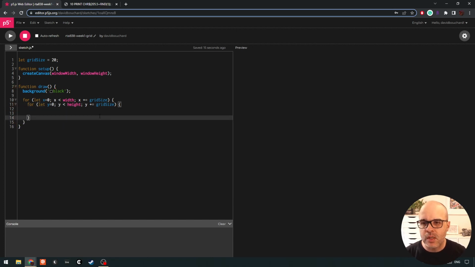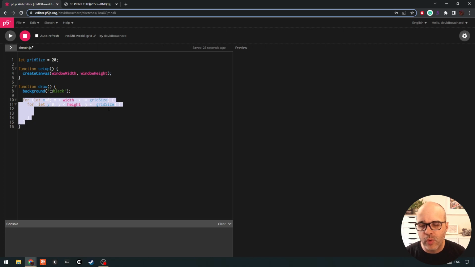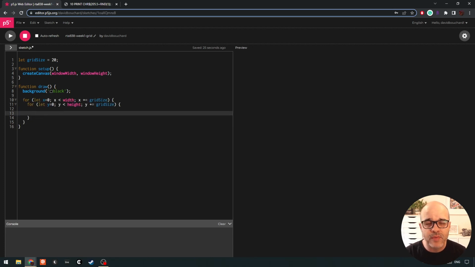So this is a very common pattern in programming. Whenever you want to generate pairs of values that make up a grid, or maybe it's pixels in an image or whatever it is, these nested for loop patterns are very common. So inside this inner for loop, we know that we're going to have access to all the different combinations of x and y. Okay? So just to test this, we could draw a circle at x and y,